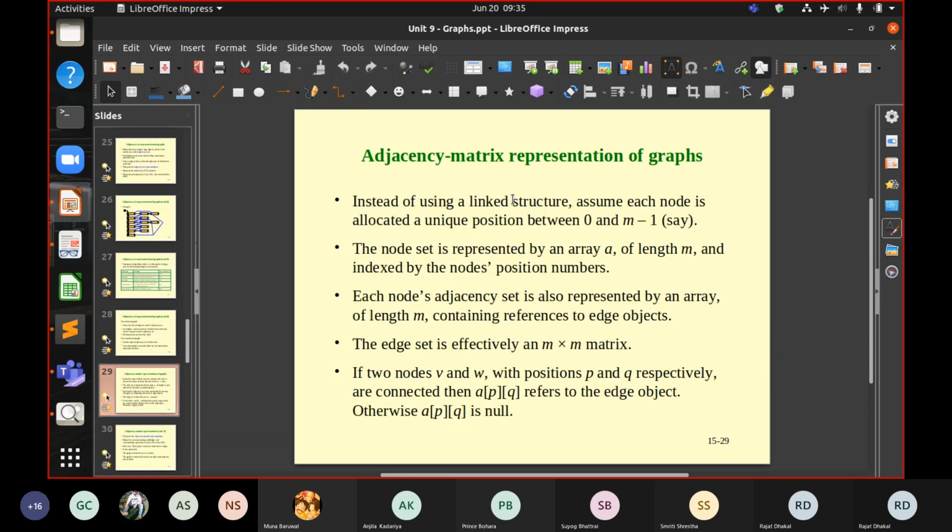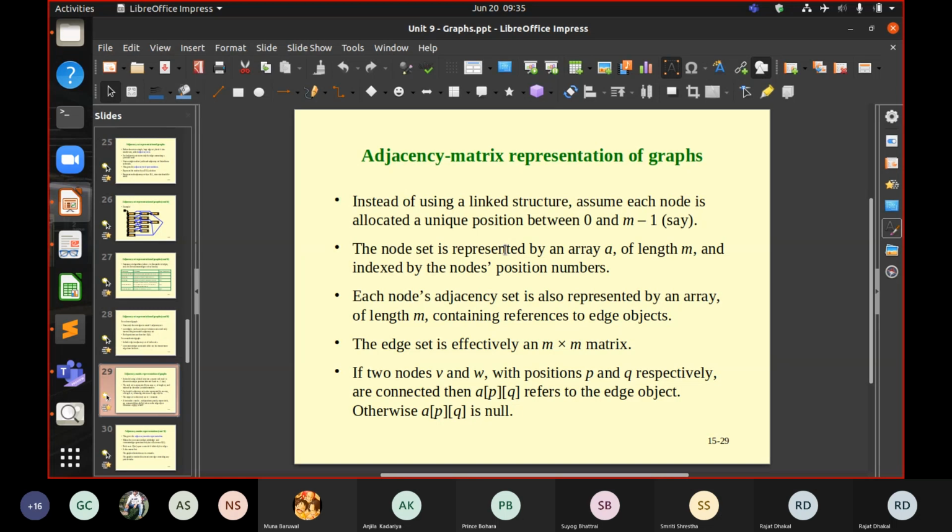Instead of using a link structure such as a doubly linked list or a singly linked list, we assume each node is allocated a unique position from 0 to m minus 1. The node set is represented by an array A of length m, indexed by the node's position number.